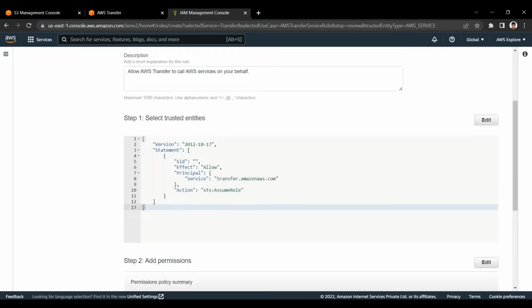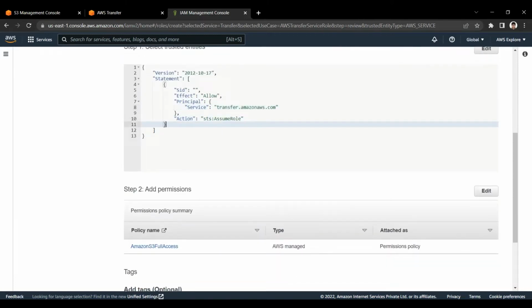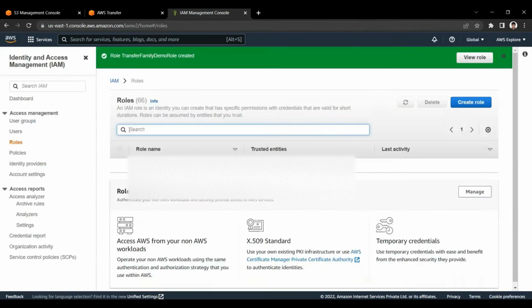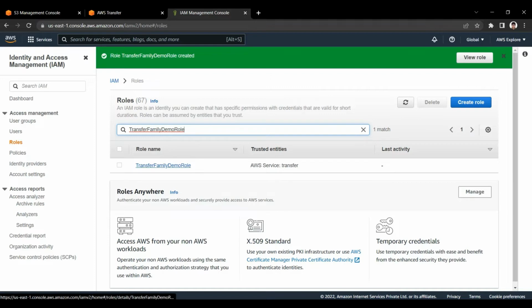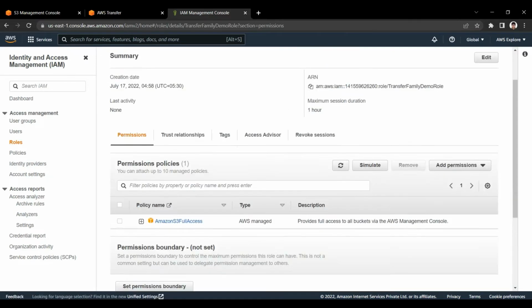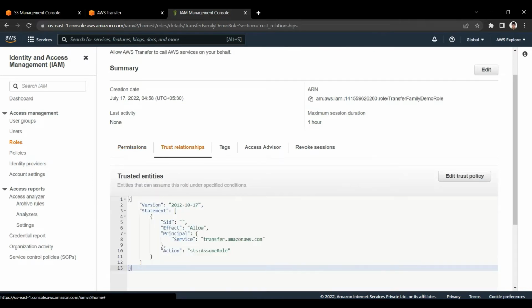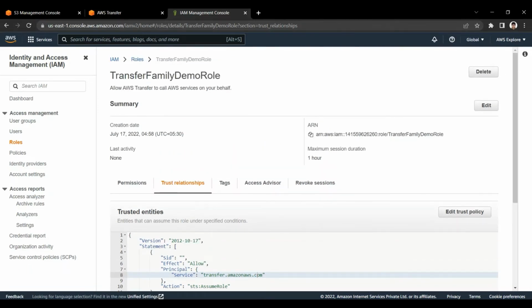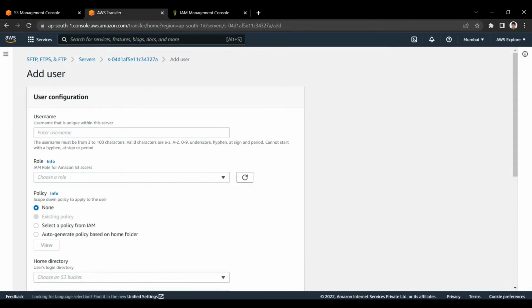So you can see the trusted entity is added for Transfer Family with assume role, and we are giving this S3 full access. So let us create this role. If we search for this role, we have the new role created. If we go to the detail, you can see this role has S3 access and also a trusted relationship for Transfer Family. So we will assign this transfer family demo role when we add